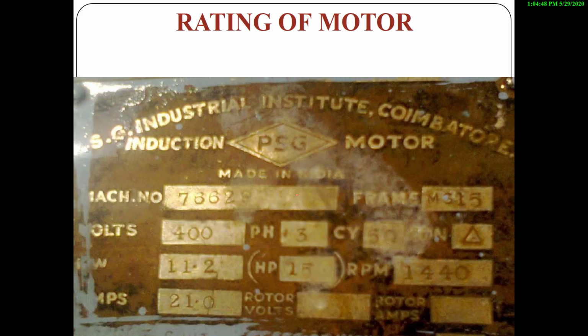Here you can see the rating of a motor, that is, this is the nameplate of a motor. The motor has some specifications: here they have mentioned a batch number and a frame number from the manufacturing side, and here the rated speed, that is 1440 rpm. Next, voltage and current are the major parameters to be noted on the nameplate of any kind of AC or